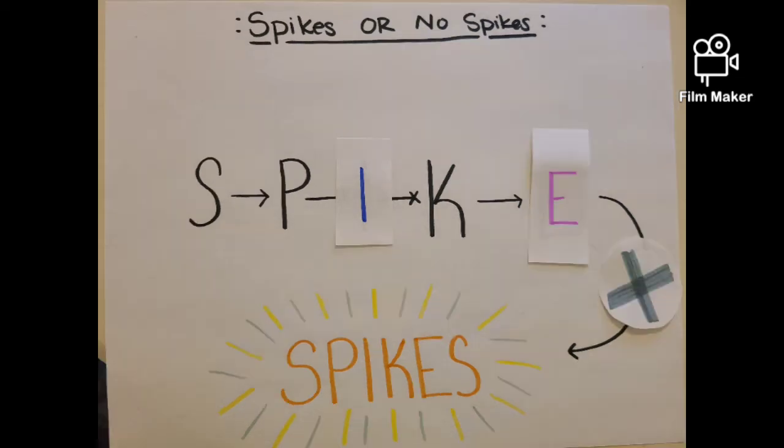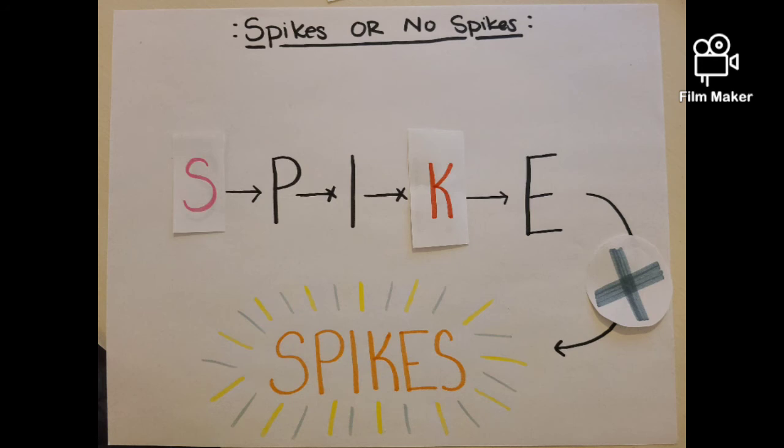A mutation with I and E will not produce the spike gene in cells because I will not repress K, but the mutation to E will stop it from activating the spike gene. A mutation with S and K will not produce a spike gene because the mutation to S will stop P from activating and thus repressing I, but also mutant K will not be able to activate E.